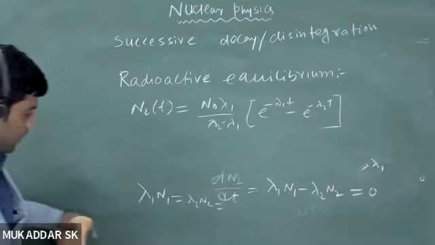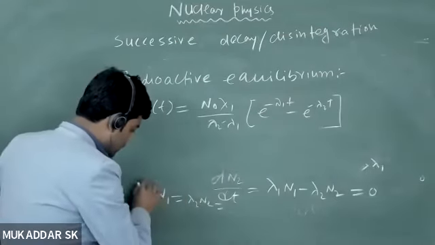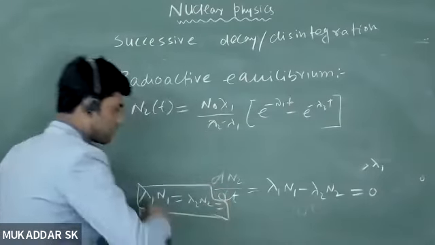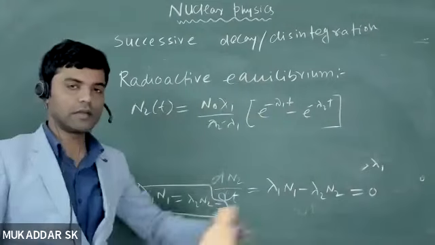अब सेकुलर इक्विलिब्रियम का कंडीशन क्या है कि lambda 1 N1 should be equal to lambda 2 N2, and so on, if there is process further going on, C to D, D to E, and so on।